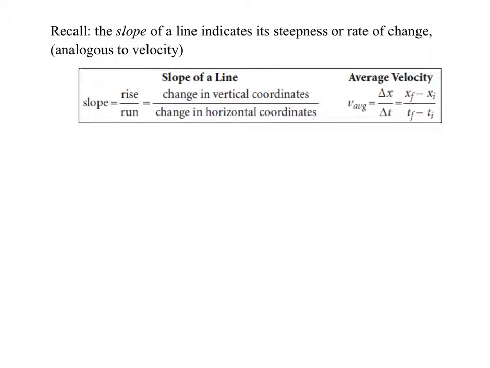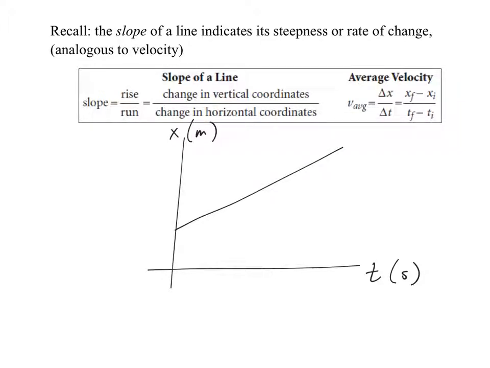So if we think about this for a graph, if I think about this as displacement, I'm going to put x here, and this is time. I know you're used to seeing y on the y-axis. I'm putting the letter x for displacement. These are just variables, okay? So if I have displacement in meters and time measured in seconds, and hypothetically, let's say the first graph I give you looks like this. What does that tell me about my displacement? What's happening as time goes on? What's physically happening?